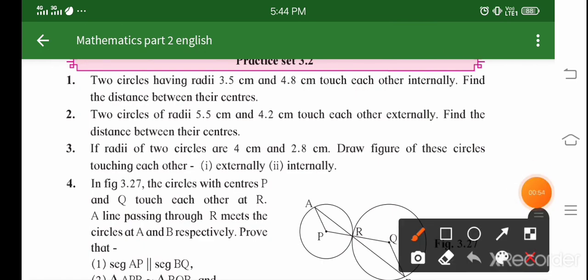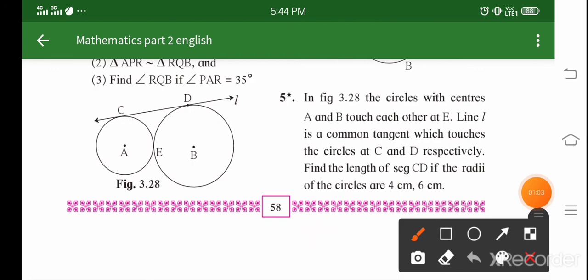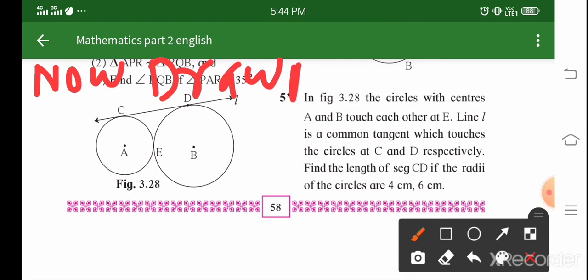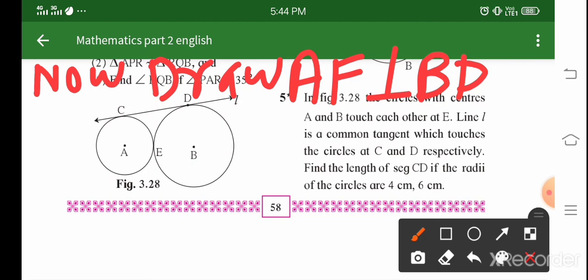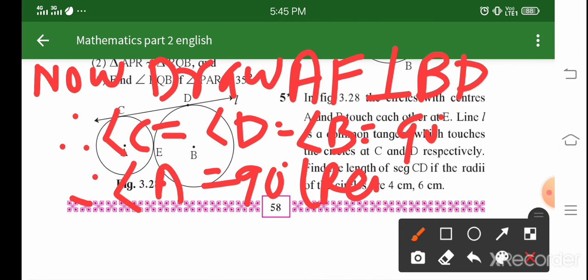सो अभी इसके बाद हम लोगों ने क्या किया था, हम लोगों ने ड्रॉ किया था लाइन AF के लिए. ओके, सो आई एम जस्ट गोइंग टू ड्रॉ दैट लाइन. सी दिस इज आवर क्वेश्चन. So just draw AF perpendicular to BD, right? Okay, now you can say that angle C, angle D and angle B is 90, and your angle A is 90. So you can say how 90 is the remaining angle. This is the remaining angle, right?